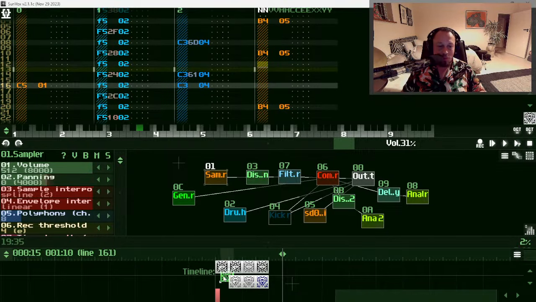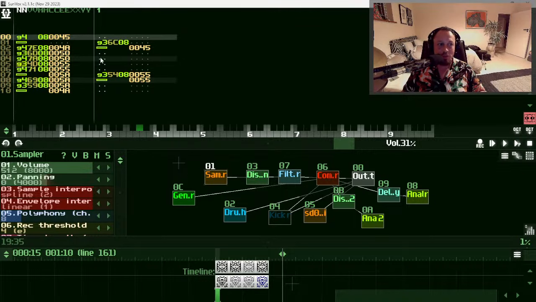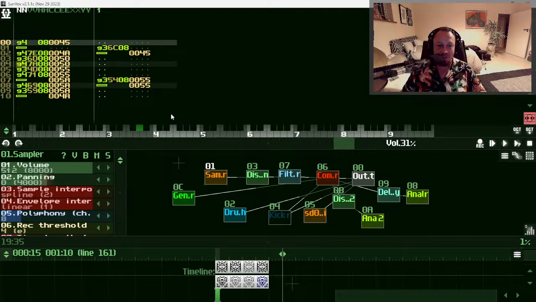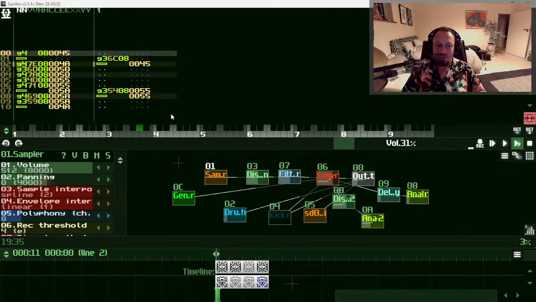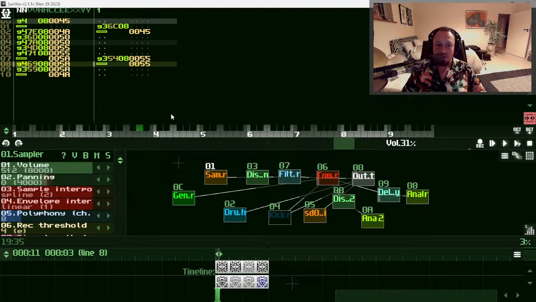And if I move it back here, you can see it's a bit like FL in that you can have anything anywhere. In fact, it takes it to the extreme. And this was recorded in. So when you record in, it just automatically makes a new pattern, which is just the length of the recording. So if I play it in context, it's just playing that